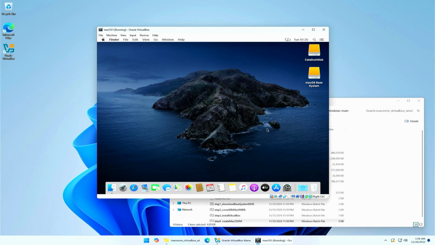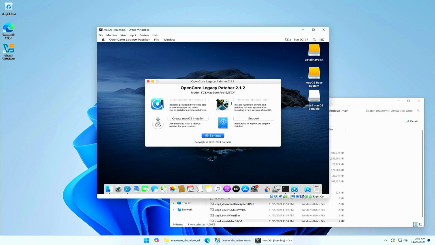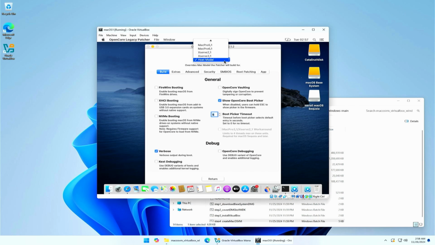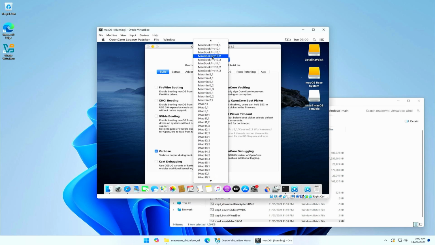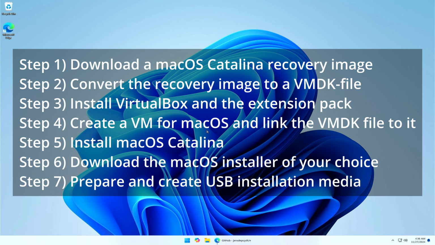One large advantage is that this will also allow you to create a USB drive for unsupported hardware, and you can run macOS only tools there as well as much as you need. From a high level, the process will look as follows. I did cover these steps in detail on my blog if you would be interested, for which I will provide a link in the description.